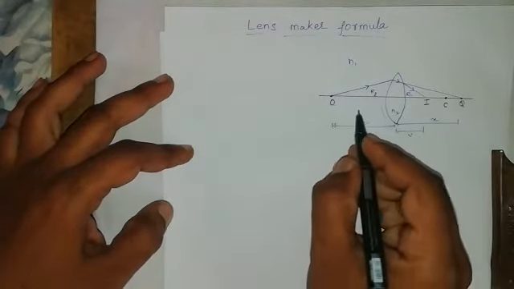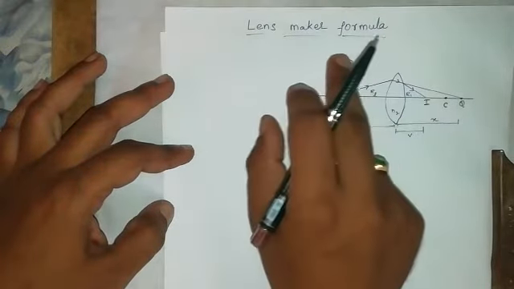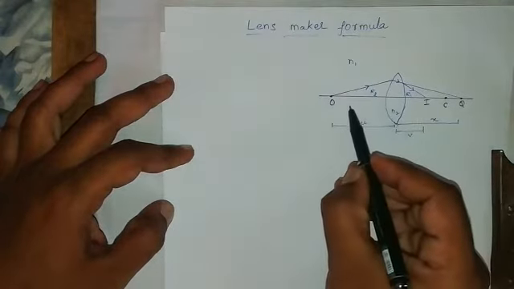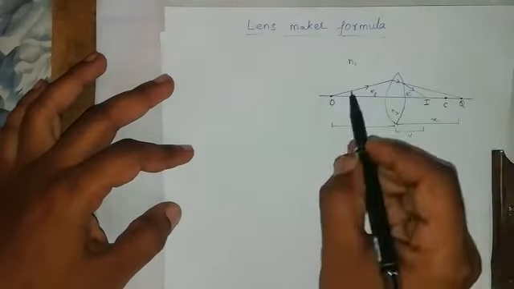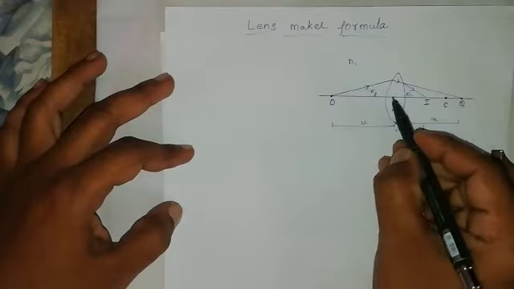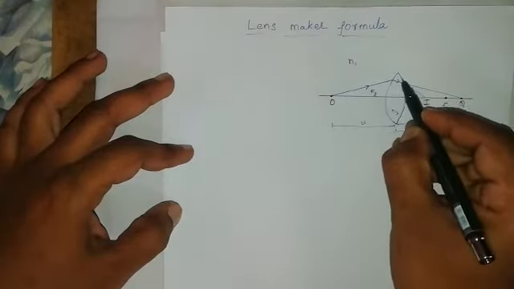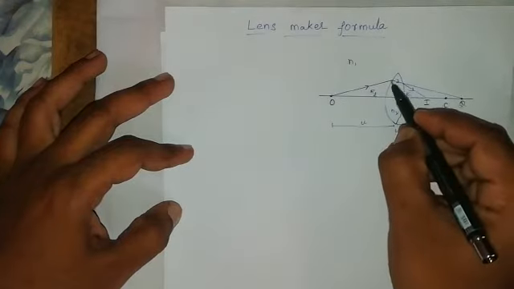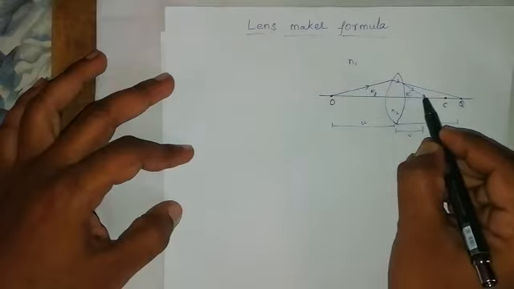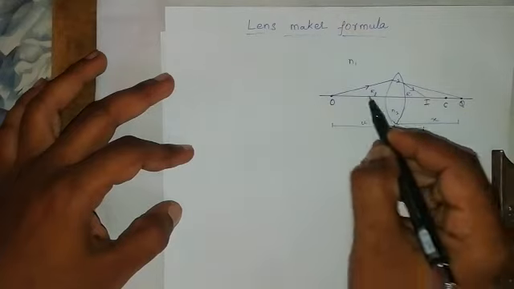For calculating that, we use the lens maker formula. So let us derive this equation for the lens maker formula. Here, let's observe this picture. This is a biconvex lens that we have taken, where this is the first curved surface, as the incident ray is from this side, and this is the second curved surface. For this curved surface the radius of curvature is R1, towards this side, and for this curved surface the radius of curvature is R2, for this side.